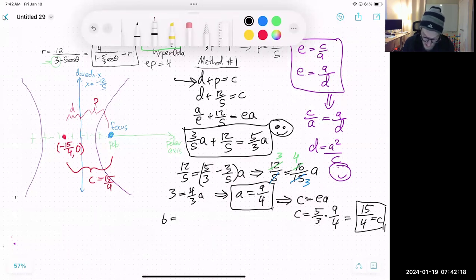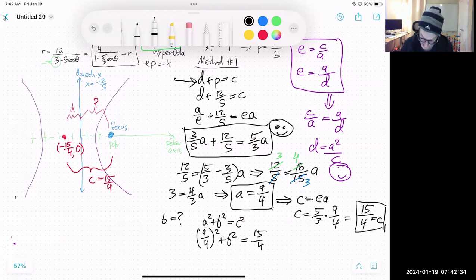What's B? Well, I know that in a hyperbola, a squared plus b squared equals c squared. And so what we have here is 9/4 squared plus b squared equals 15/4 squared. The smoothest way to do this is in your head, a math team kind of trick, because we see that there are fourths here. So instead of solving this equation, I'll just ignore the fours and go like,